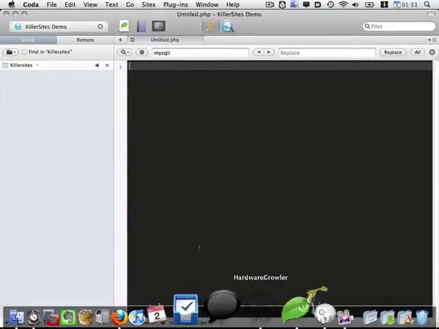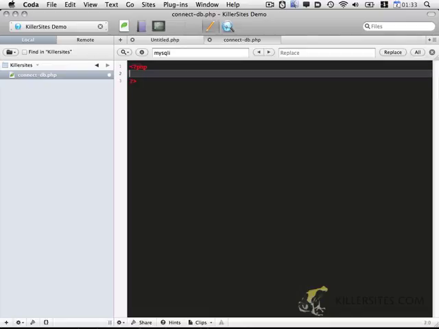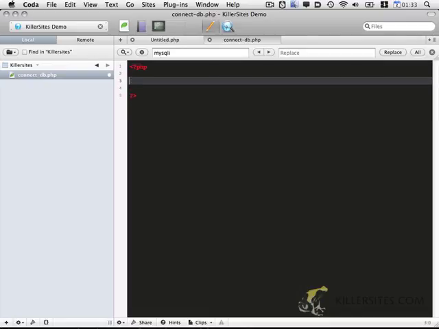So the first thing I'm going to do is open up my text editor, which in this case is Coda, and create a new file. And first of all, I want to just make sure that MySqli is installed on your computer. Now MySqli has been included since PHP 5 came out, and that's been a little while now. So it should be included on everyone's computer, and most servers have updated to PHP 5. But just to double check,